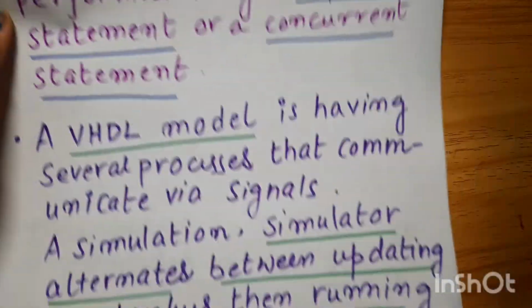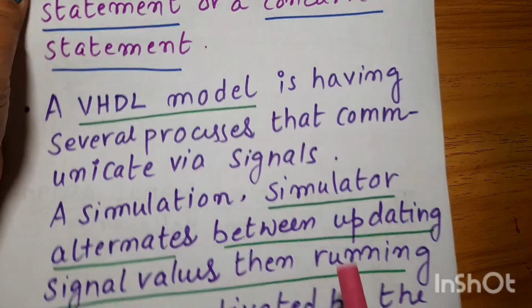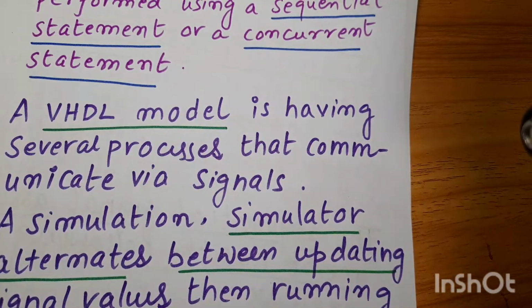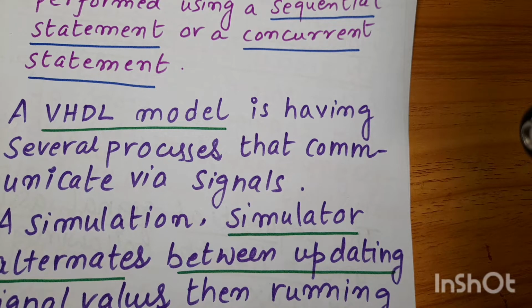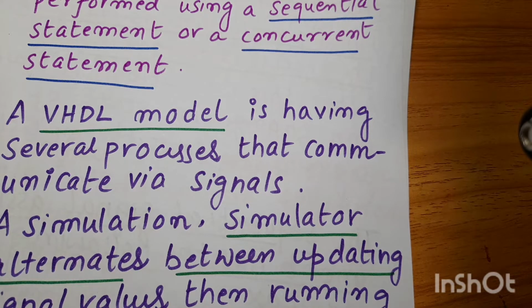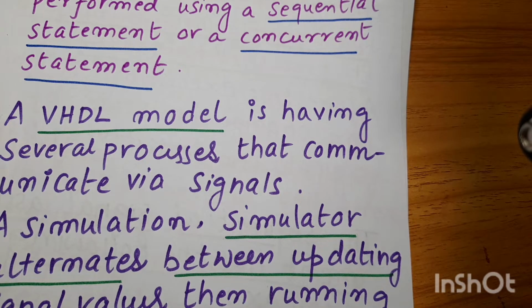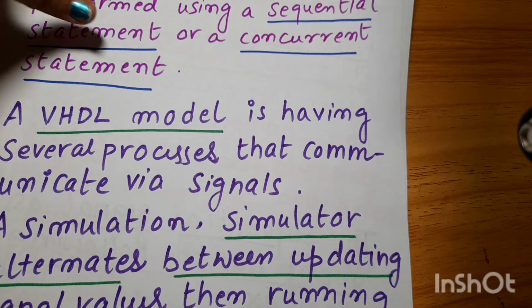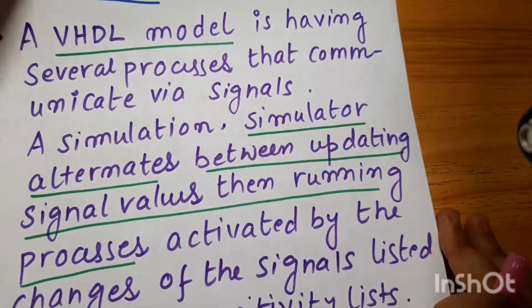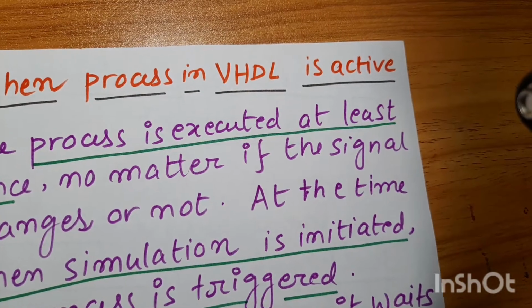And what does the simulator do? During the simulation, what happens? The simulator does two things. One thing is that it updates the signal value. Another thing is that it runs the processes. Because all the processes don't run. Those which are activated by the changes in the sensitivity list, they only run. When the process in VHDL is active,